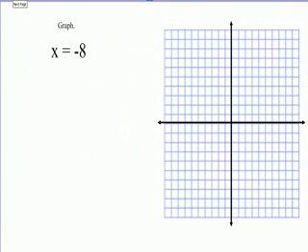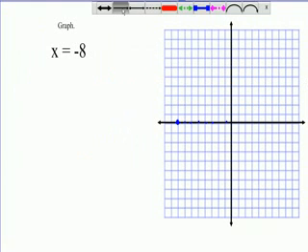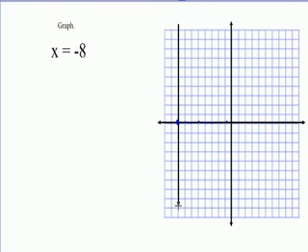And real quick, same thing, except it's not going to be horizontal this time. If you remember, x equals -8. X will equal -8 no matter what. So you want to go out to -8. 1, 2, 3, 4, 5, 6, 7, 8. So there's -8. And it's going to be -8 no matter what. So you want a vertical line. Remember the slope is undefined. So that's kind of a special one. So x equals equations are vertical lines. Alright, so those are the two special ones. So we used y equals mx plus b